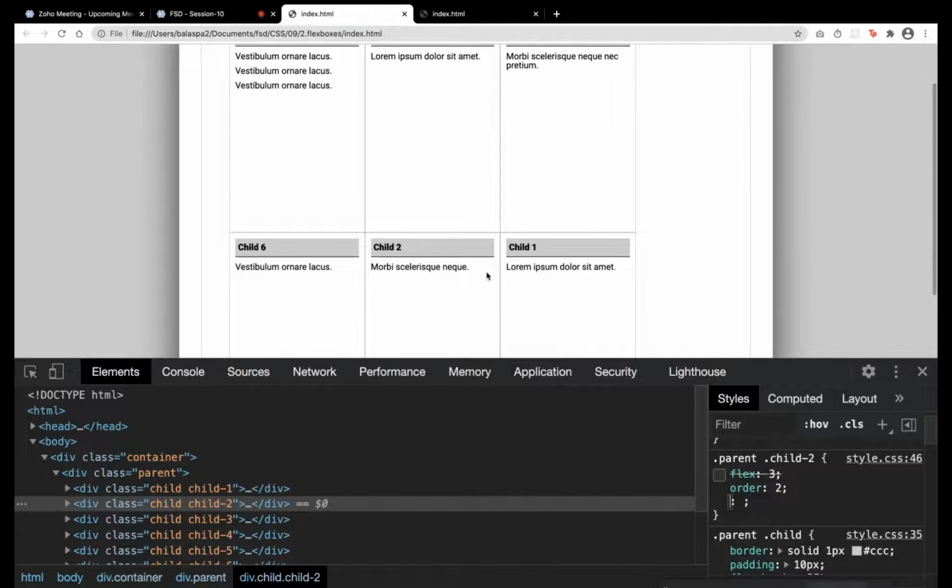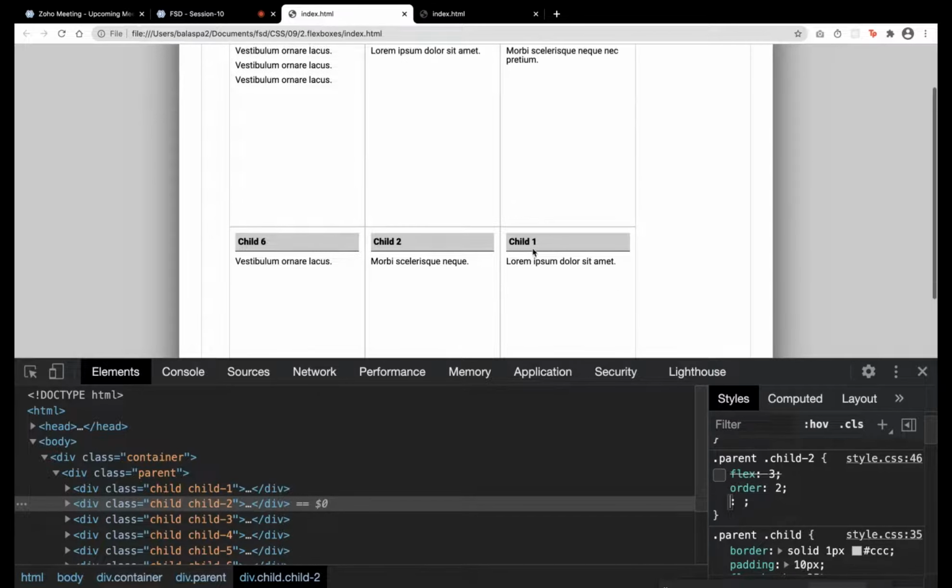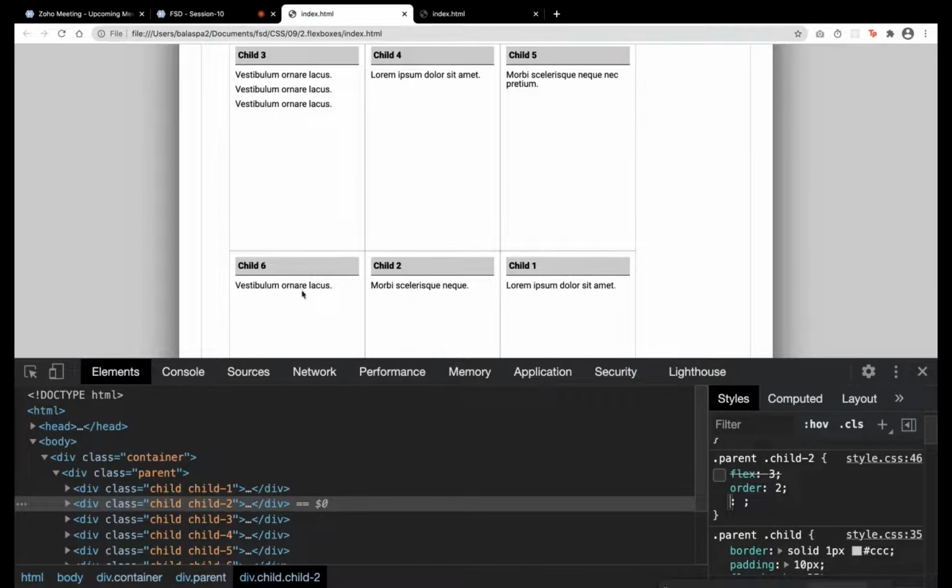Among these, the order 0 ones come first. Order 2 is the next biggest number, so it comes second, and then third. It is not like 1 2 3 4. All are groupings: order 0 is one group, then order 2, and then order 3.